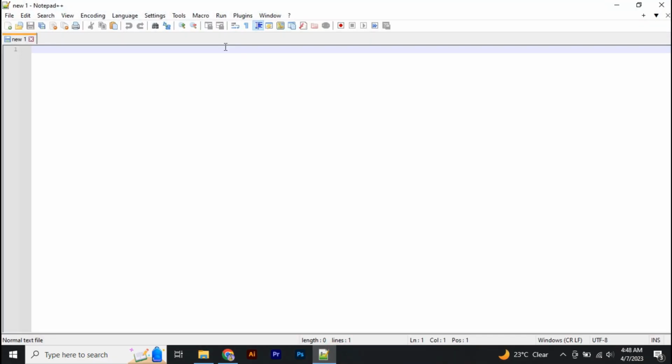Alright guys, so here I'm using Notepad Plus. You can also use Visual Studio Code or maybe an online compiler of Python. It doesn't really matter. Now, first of all, you have to define a function by just typing def, and you're